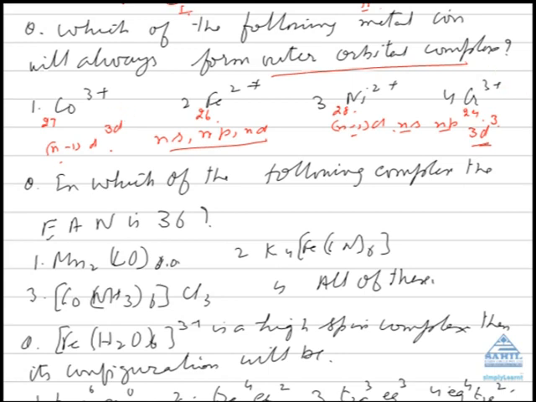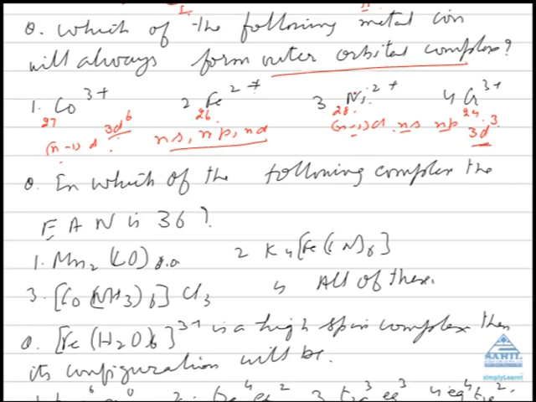Cobalt 3+, it has lost 3 electrons, so its configuration will be 3d6. Actually cobalt has atomic number 27, so the configuration is 3d7 4s2. So it's 3d6, and all the d orbitals will have at least 1 electron each. Then even in the case of iron, the d orbitals may have a vacant d orbital, but that will depend upon the nature of the ligand.